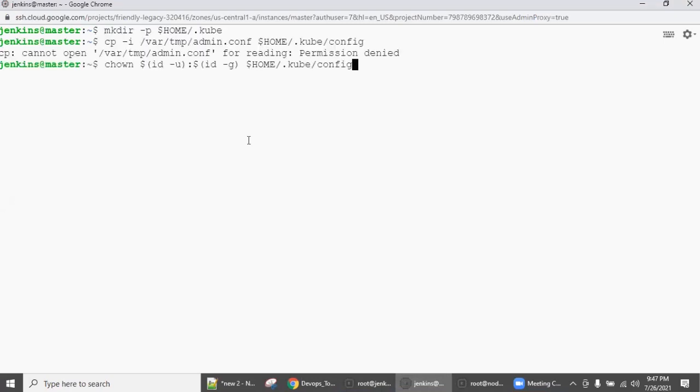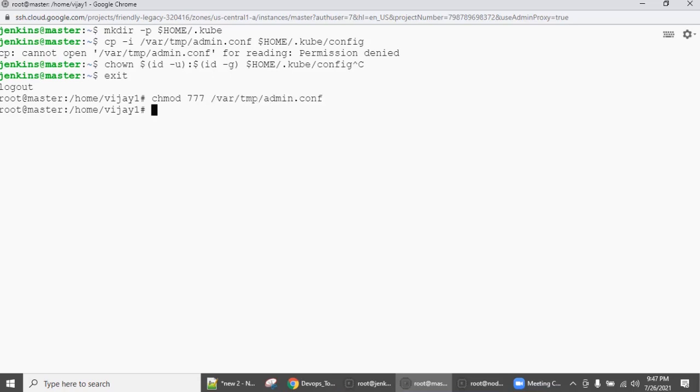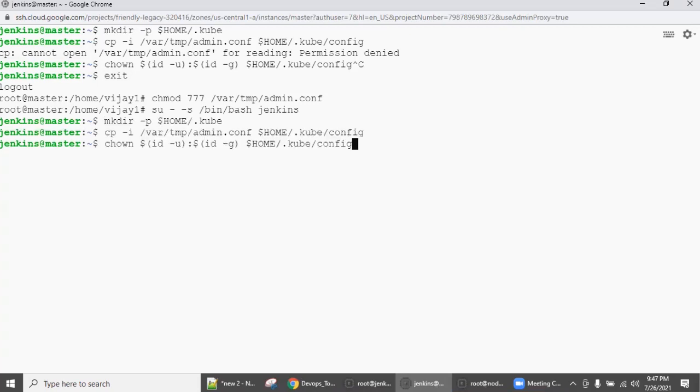So we are going to give it full permission so that it won't throw any error. Basically, we need that file so that from Jenkins itself we can execute all kubectl commands. Okay. Now you run kubectl get nodes.